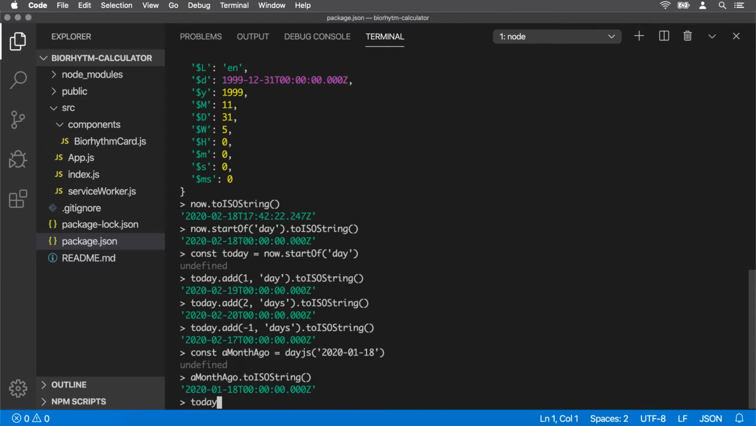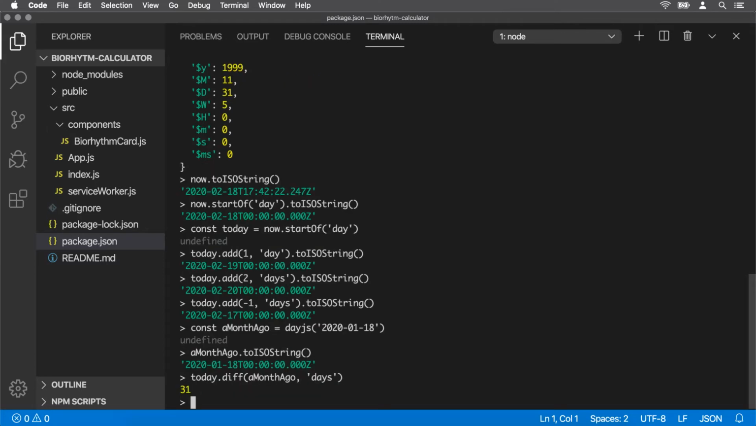Now we can take today, that's the variable we defined earlier, and calculate the difference compared to a month ago. And we need to pass a second argument specifying which unit to use. And in this case, we want the number of days. The result is 31, which of course is correct because a month that includes the end of January has 31 days. To calculate biorhythms, we'll need the difference between the date of birth and the target date, so this method